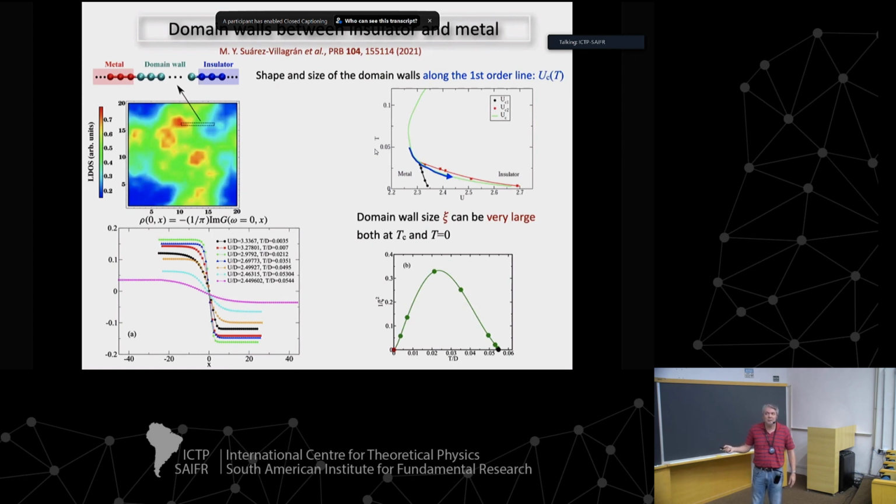Okay, so now if you put interactions, there's going to be some interplay. There's going to be, but if, for instance, perturbatively, you put impurities, there's going to be some interplay. But if you think of it perturbatively, what you're essentially doing is just creating the domain wall with impurities, right? And perturbatively, you expect the domain wall to be governed by the correlation length. That's what we see here. It's completely compatible with that.